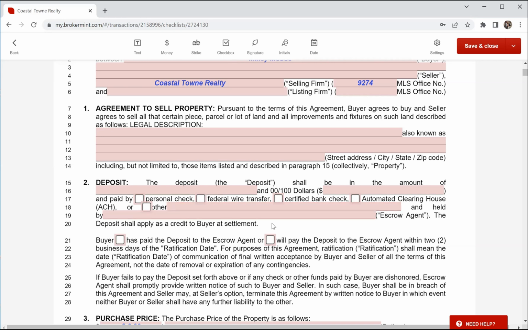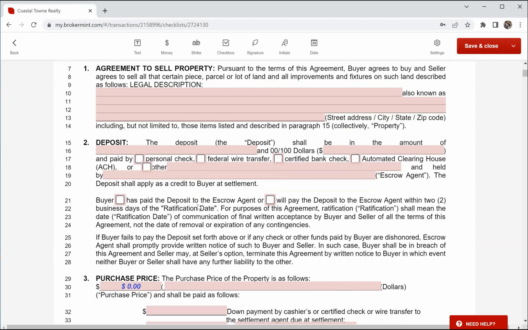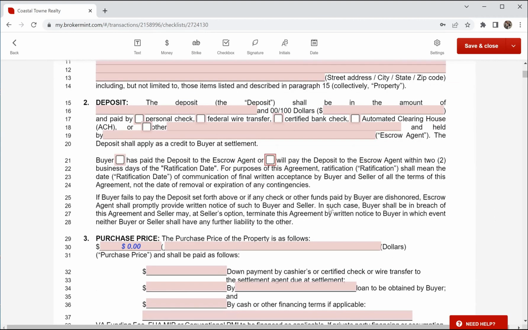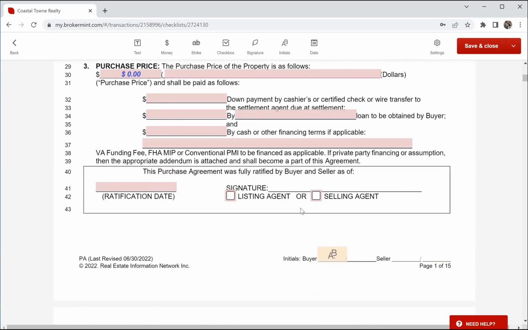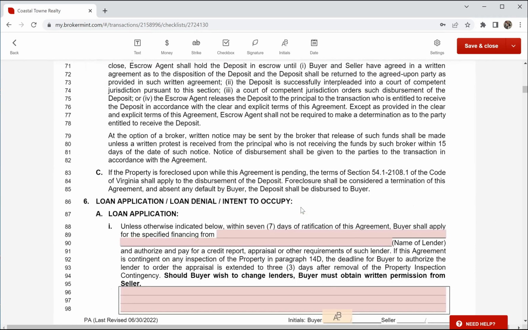All right, so always the name of the company, not the agent or the attorney that you're working with, whatever the name of the firm is, that check payment is being paid to. And make sure you put down whether or not they've already paid it or if they will be paying it within 2 business days of ratification, and make sure that you remind them to do that. And then you're going to simply fill in all the particulars of the contract